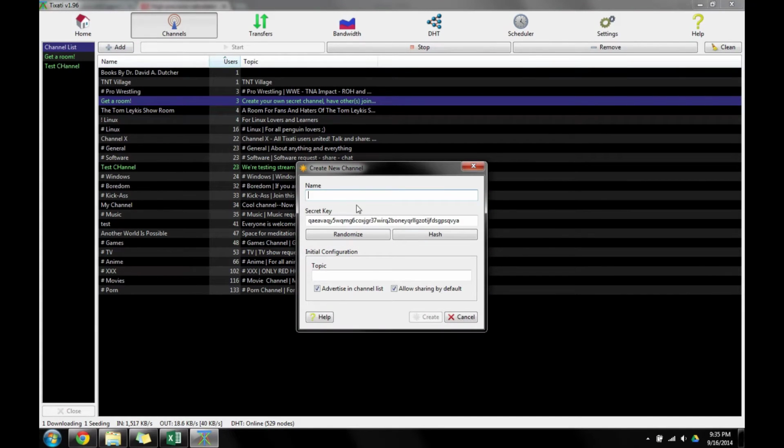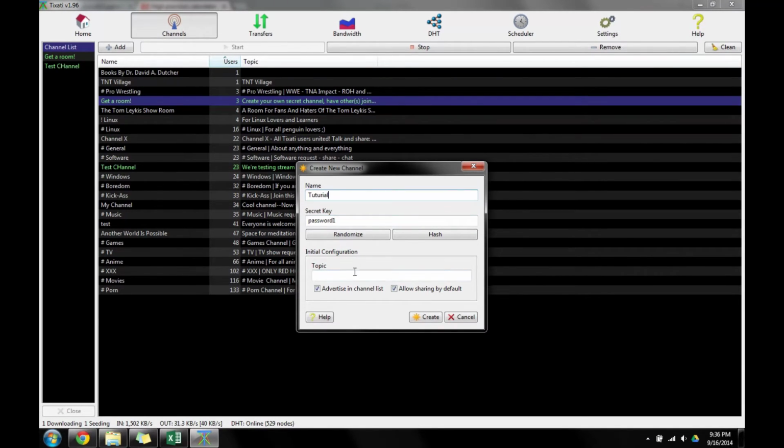Now, secret key is something that you'll want to keep private. If I were to keep this channel open, I would change this, because you should never tell anyone your secret key. The secret key is the administrative password to the channel. You can make it something small, like password1, or just password, but that's a really bad idea because someone will guess it pretty quickly. The name of the channel, we'll just call it Tutorial,